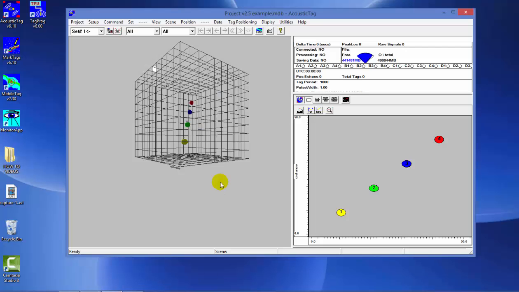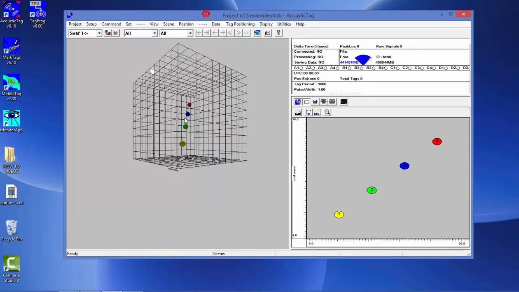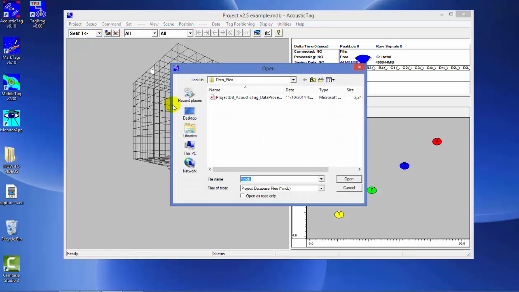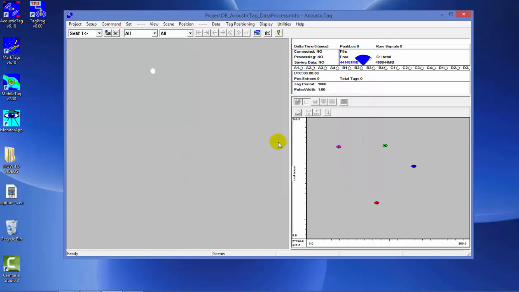So let's start the program up. And the very first thing, as always, is opening up a project database. So under Project Open, we open up the database, and under Setup,